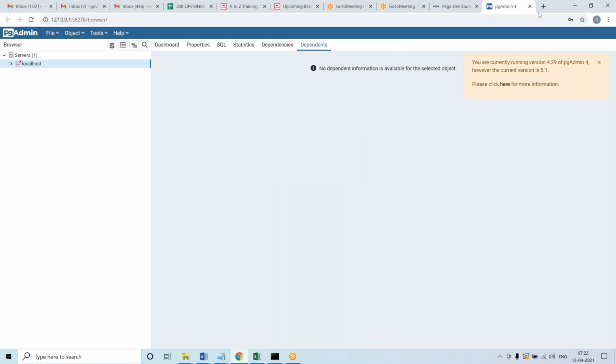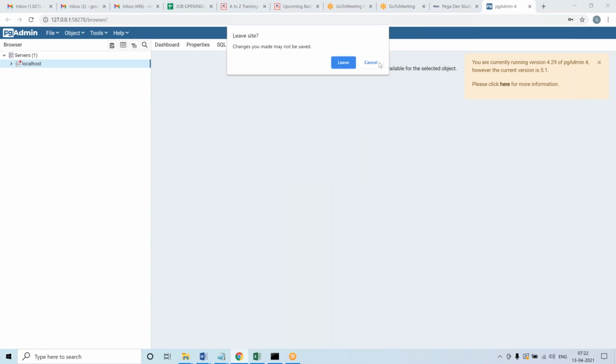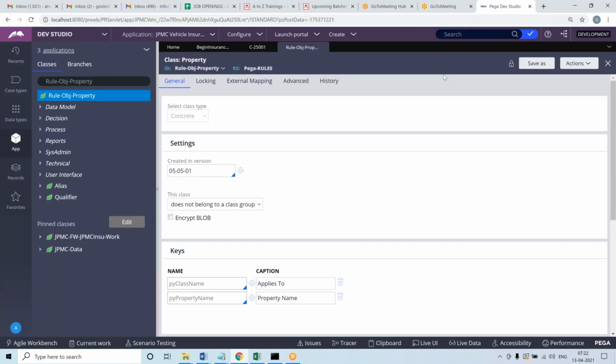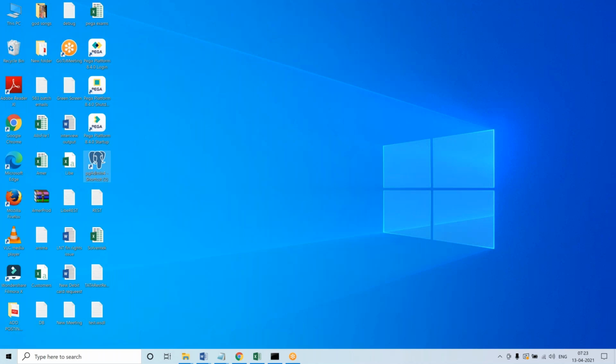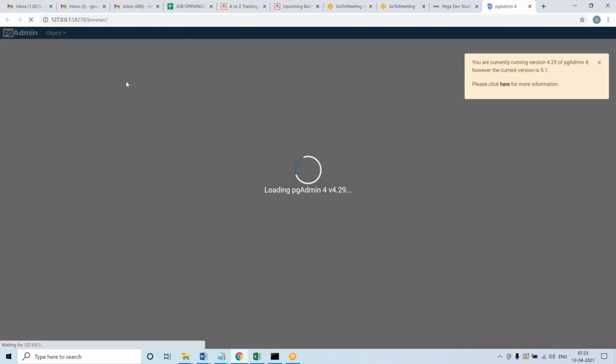Without opening the database, how do I do it? I'll try one more time. I think it will not open. Does anyone have the database open?